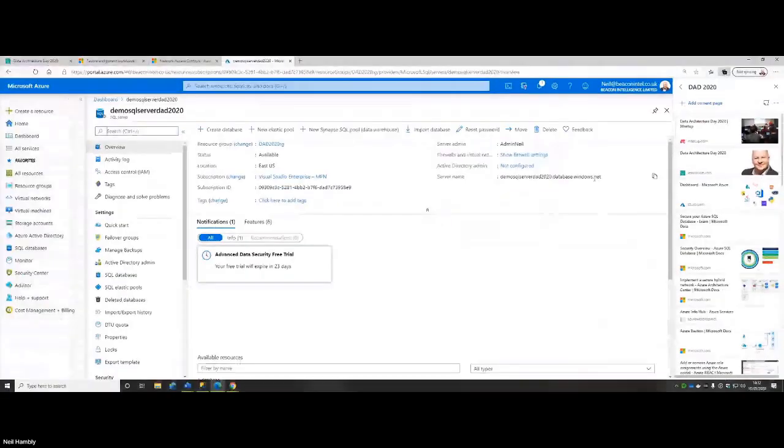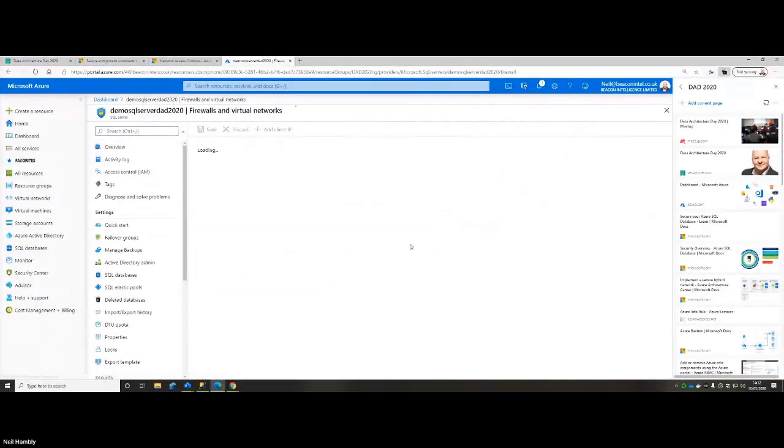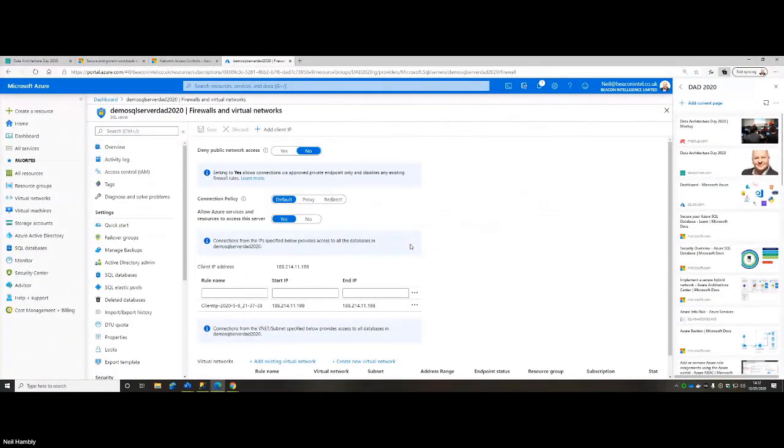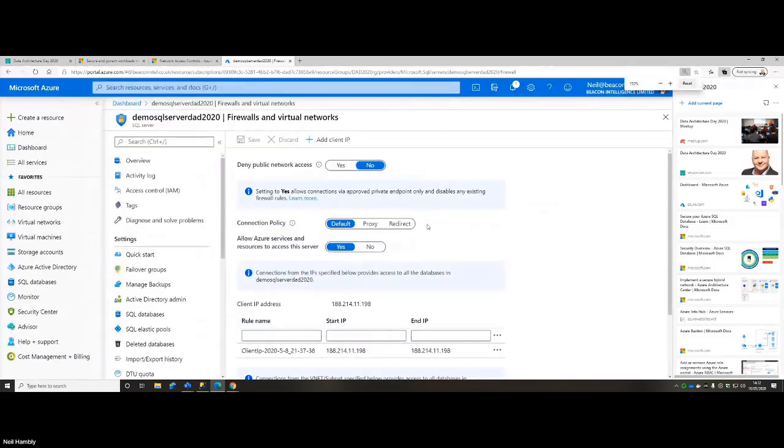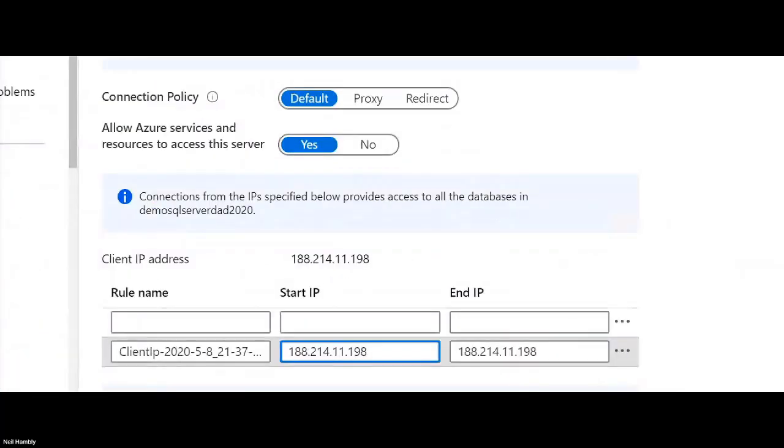Okay. So click on the link. And I'm just going to take you through the real estate a little bit on this one. We have deny public network access. Yes, I really want to have that denied, but I'm going to have to set things up first, so I'm going to leave that as no for now. But this add client IP address. Let me remove this, and I'll show you that this is me. So this is my client IP address.